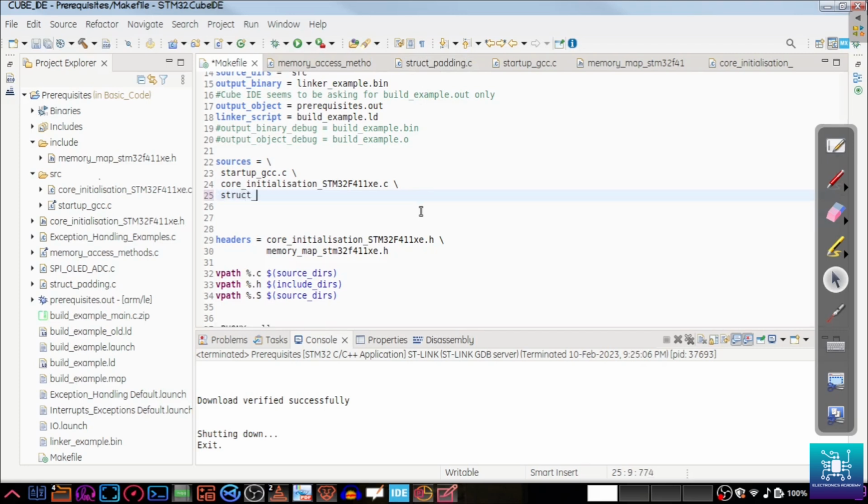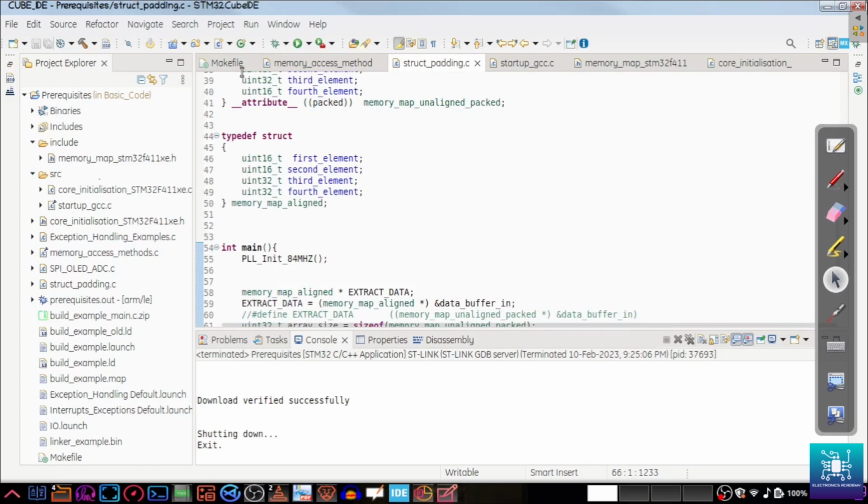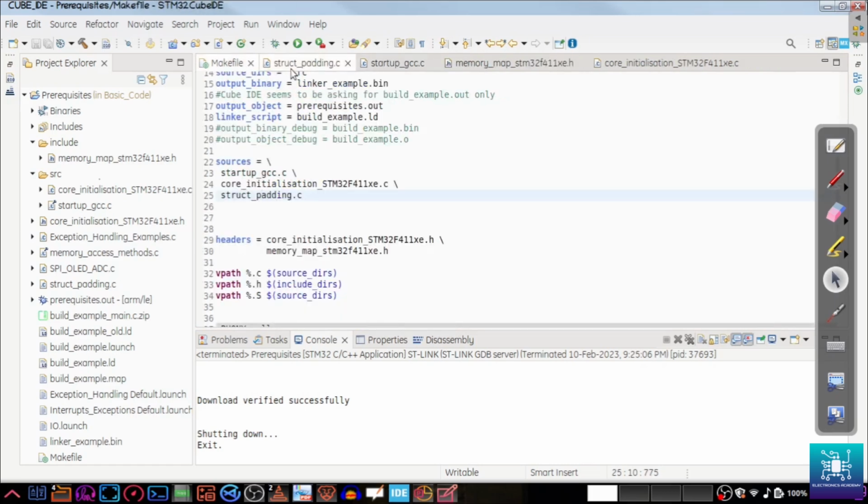Since we are working on a makefile project, the IDE is going to refer to the makefile to build the project, and the makefile has been written by the developer. So the IDE is not using its own makefiles to build this project. It is using the makefile that is written by you. So anyway, let's name it struct padding.c. This is the file that we are going to now look into. So this is the first change you have to do. So let's close this one and